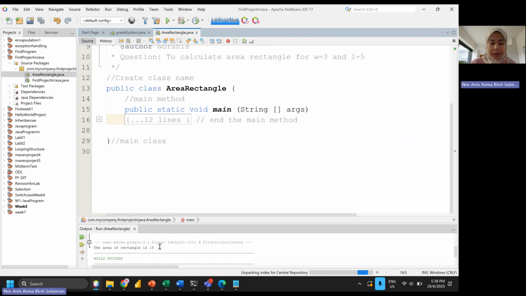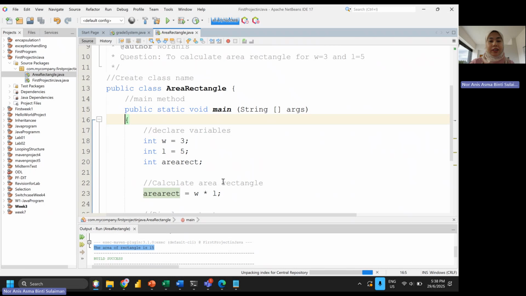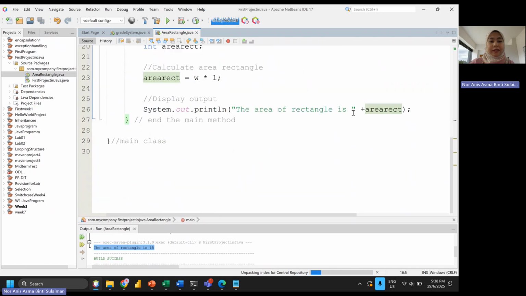Then you can see this is the result from the main argument, the area rectangle. The area rectangle is, okay, that one comes from us. Our own statements given, in the green color, usually this is the statement that comes from us, the user or the programmer.